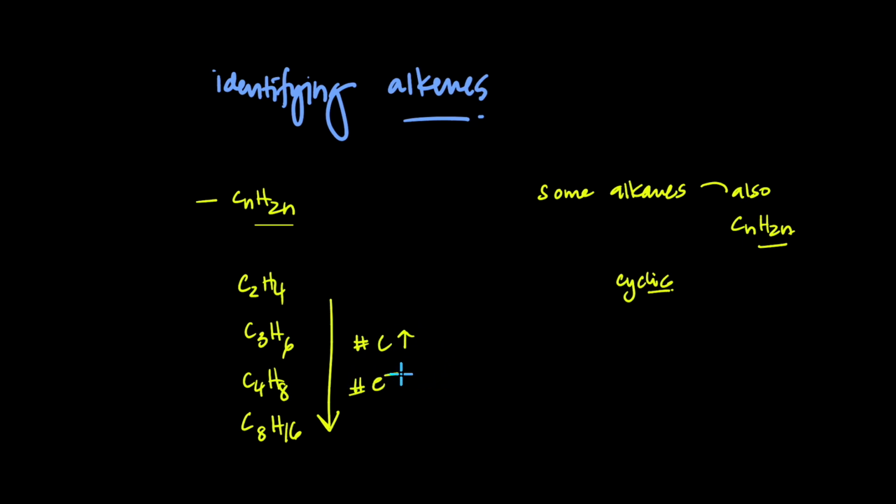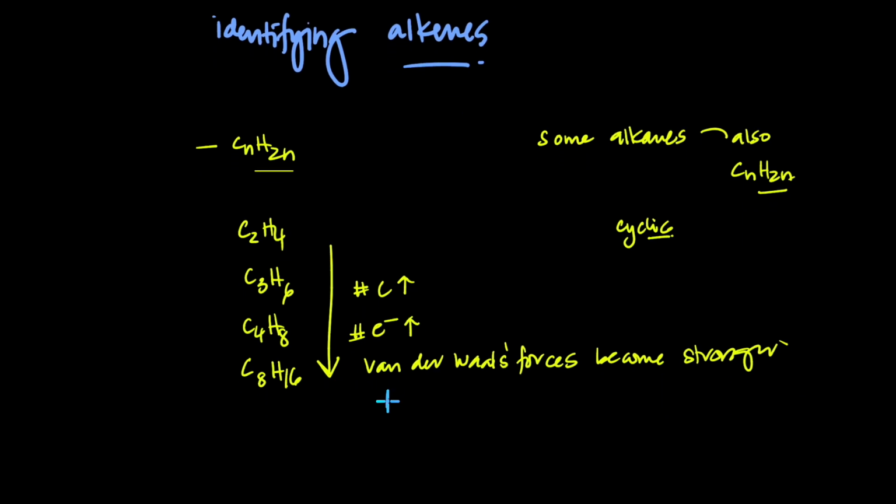The number of electrons increases, which means van der Waals forces become stronger. And when van der Waals forces become stronger, what happens to the boiling point? Boiling point and melting point increase, which means they go from gas to liquid to really big ones being solids,